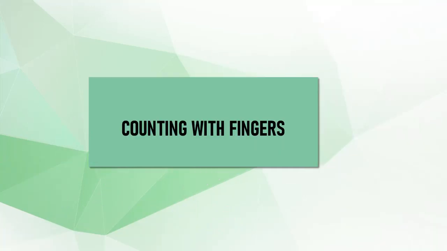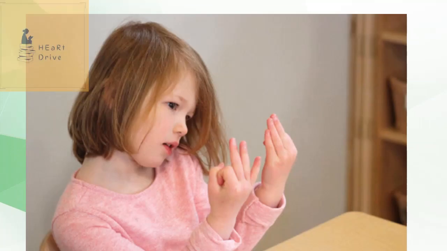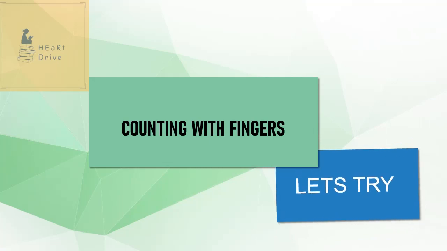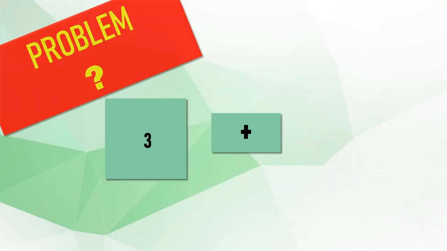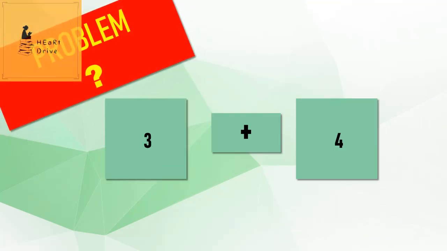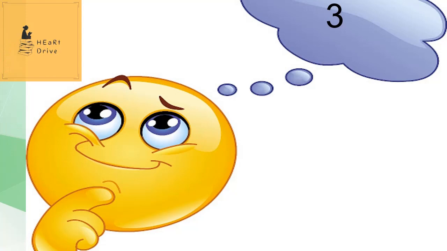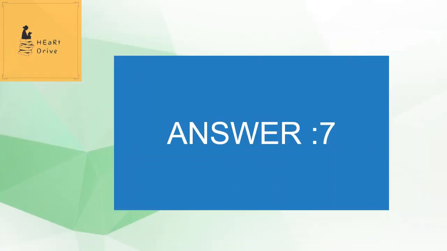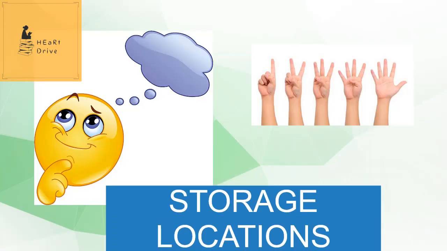Variables. When you were small children, you'd have learned math with this hand and mind concept. Let's imagine we are going to try that now. Our problem is 3 plus 4. So we'll do it like 3 in the mind and 4 in the finger. Then we'll finger the numbers after 3 and find the answer. Here, we used our hands and mind to store the data 3 and 4.